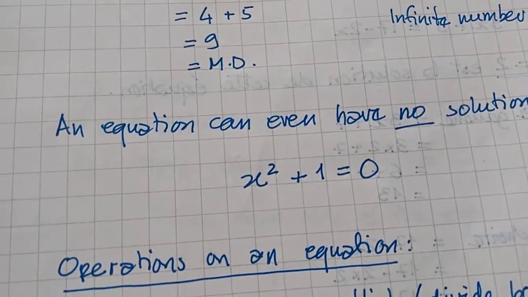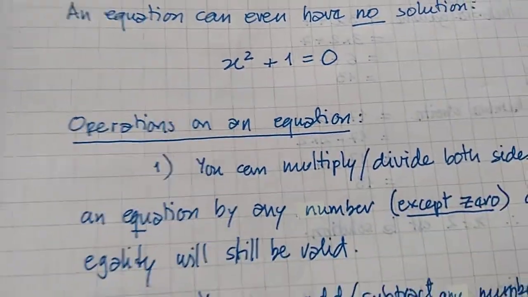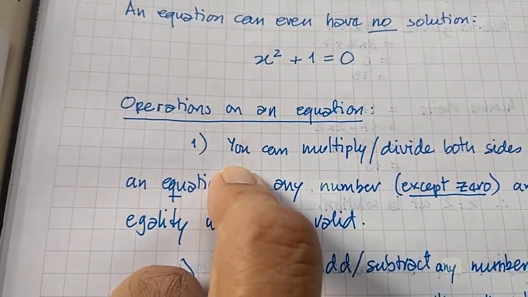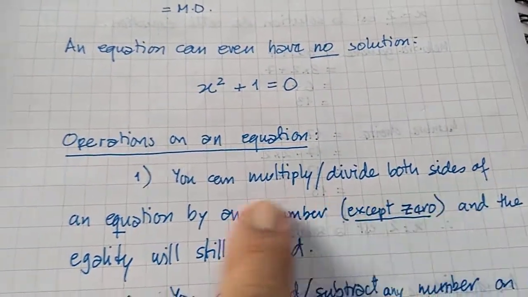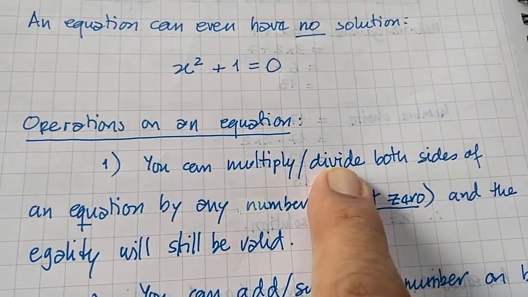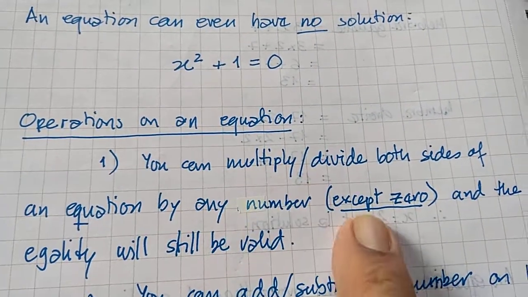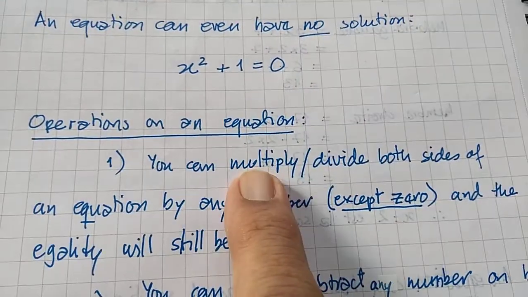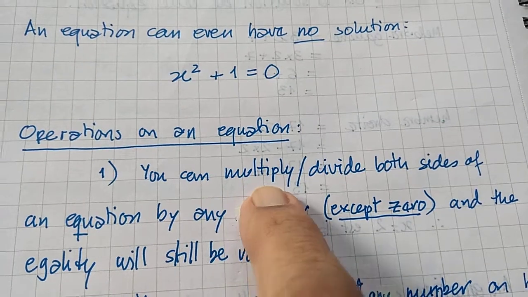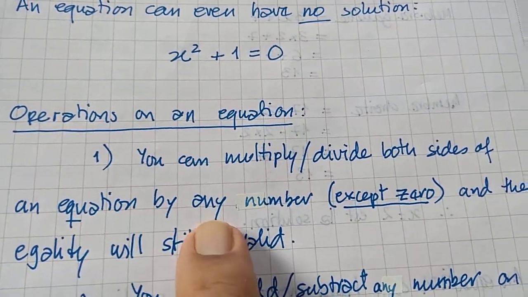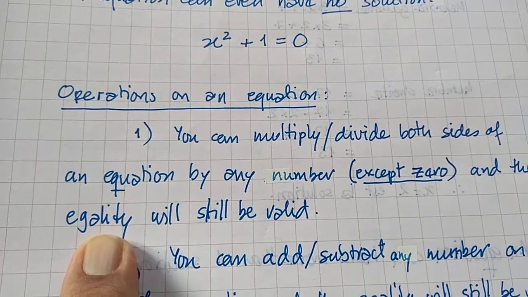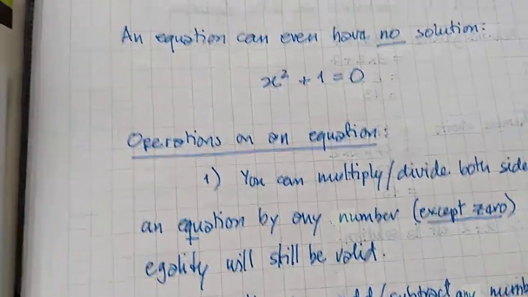So what can you do on an equation? Now this is very simple, you probably already know this. Operations on an equation. You can multiply or divide both sides of an equation by any number except 0. You can't divide by 0. If you multiply by 0, the equation will vanish. In fact, you'll get 0 on both sides. So you can multiply or divide both sides of an equation by any number, and the equality, I should have written equality,